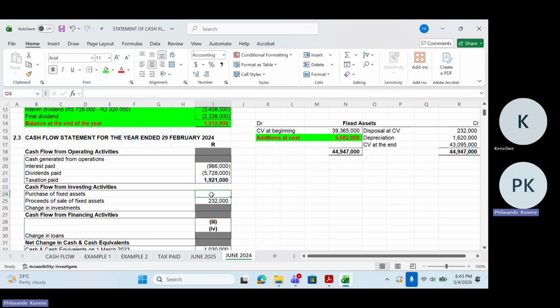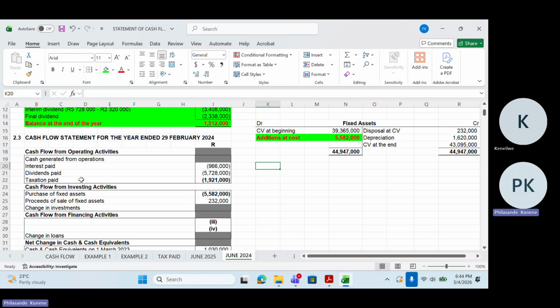So I'm going to say minus, or here again, sorry, you must be careful here. Taxation paid, we must always have brackets. Purchase of fixed assets is going to be minus 5,582,000 rand. Okay, because these are just your